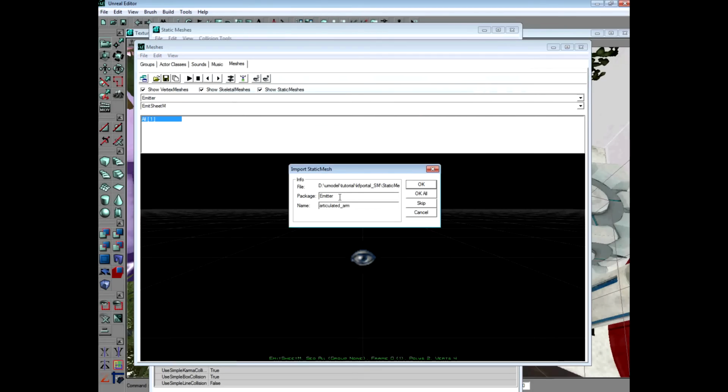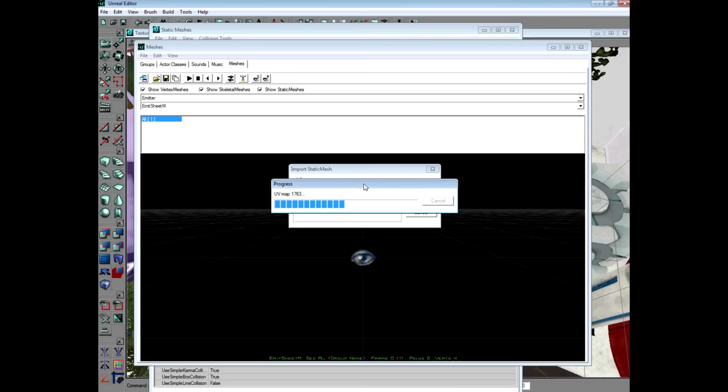Now, you're going to want to make some package here. If I was doing this the right way, I would use the same package name from Postal, rather Killing Floor, so it knows, which is like PF porthole or whatever it is. It doesn't really matter. I would always leave the name alone because it'll be the same, which might come in handy down the line. It's going to import the vertexes here. This takes a little bit of time.